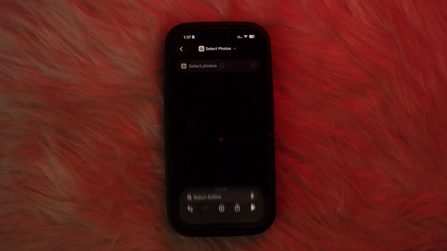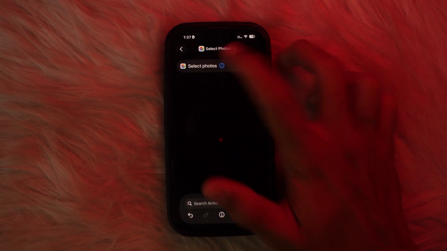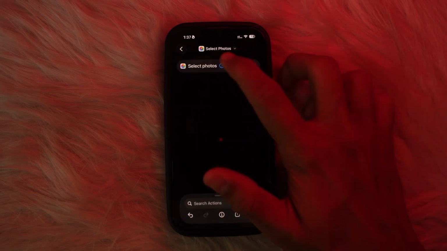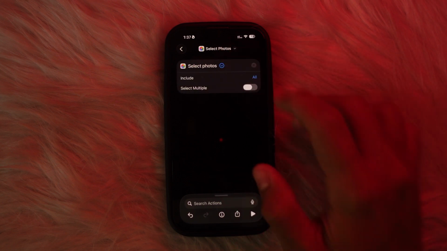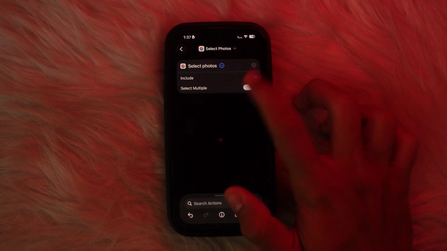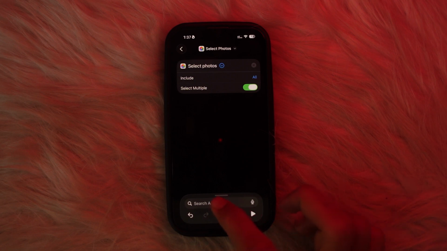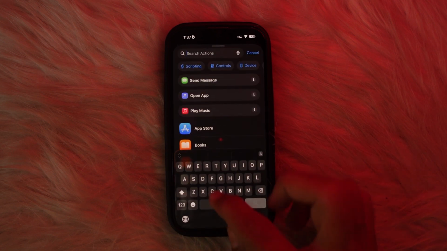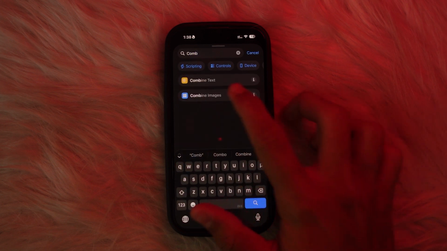Click on select photo, and you want to click on this tick over here, and click on this arrow over here and click on select multiple. After that, you want to search action again, and now you have to search for combine images,